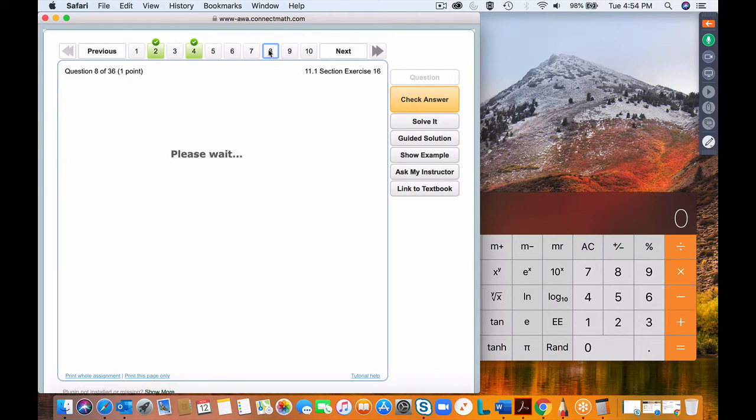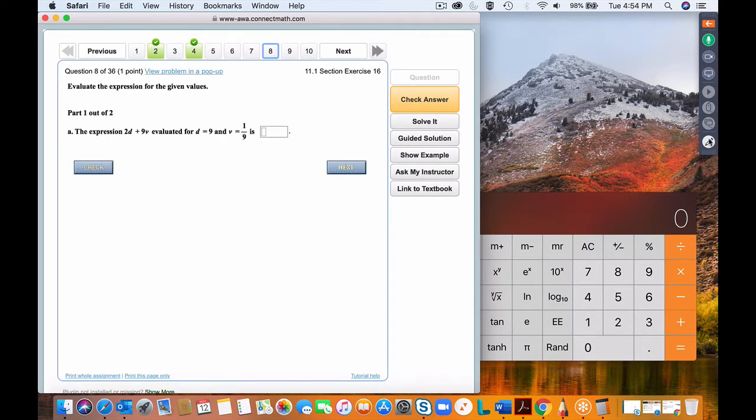Number 8. Notice that the last two numbers, this one and that one, will cancel, leaving just 1, because 9 times 1 over 9, when you multiply, this is like 9 over 1, you cancel the top with the bottom, leaving 1. Now notice that 2D